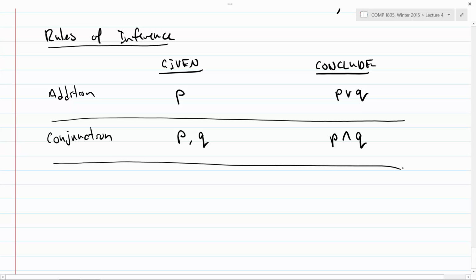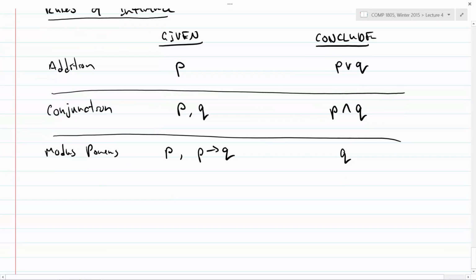We also have the rule modus ponens. And that's when I am given that P is true and I'm given that P implies Q is true, well then I can automatically conclude that Q is true. This is the example we did just a few moments ago. If it's cloudy outside, then it will rain. It's cloudy outside, and we all agreed that it would rain if we took those premises to be true. Okay, so that's what that rule is.